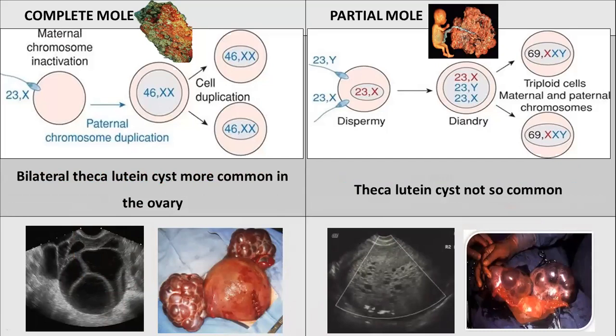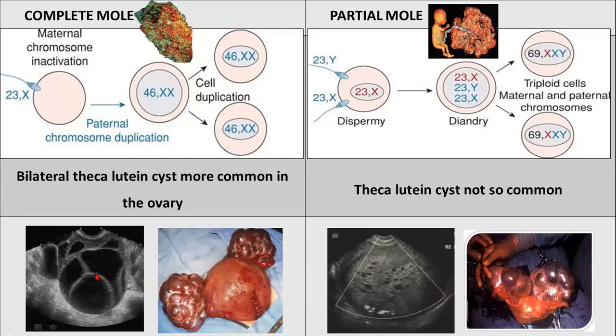Okay, other differences like there may be theca lutein cyst. What happens is in the uterus, when there is complete mole, there is raised hormone like human chorionic gonadotropin, that is HCG. Along with that, other hormones like estrogens, progesterones are also raised. See the number of follicles or the theca lutein cysts which are present in the ovaries. Theca lutein means it is present in the ovary. What happens is because of the raised hormones, see the number of follicles which are present in the ovaries.